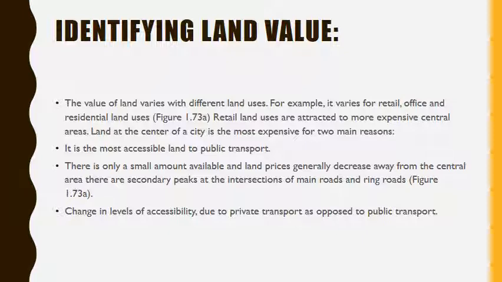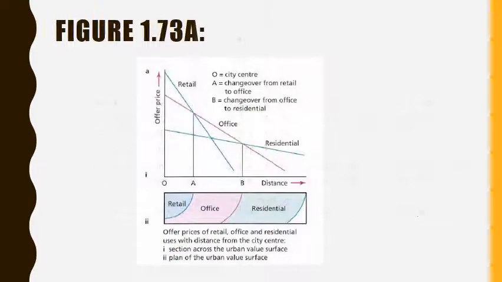Figure 1.73a. Change in levels of accessibility due to private or public transport as opposed. Here you can see figure 1.73a. Here you can see the graph, which shows offer price and distance